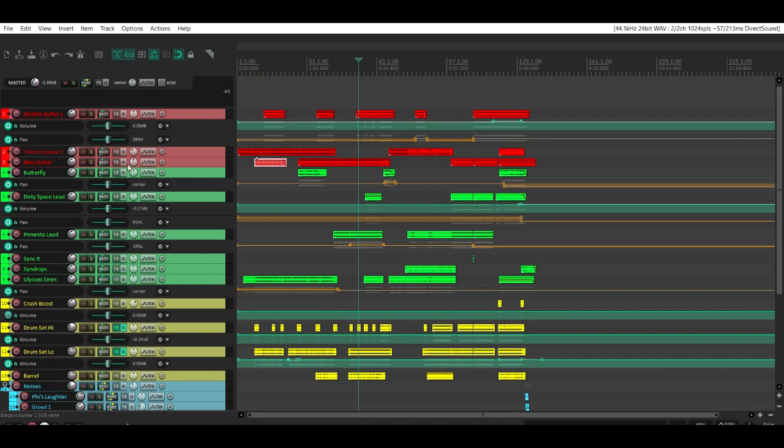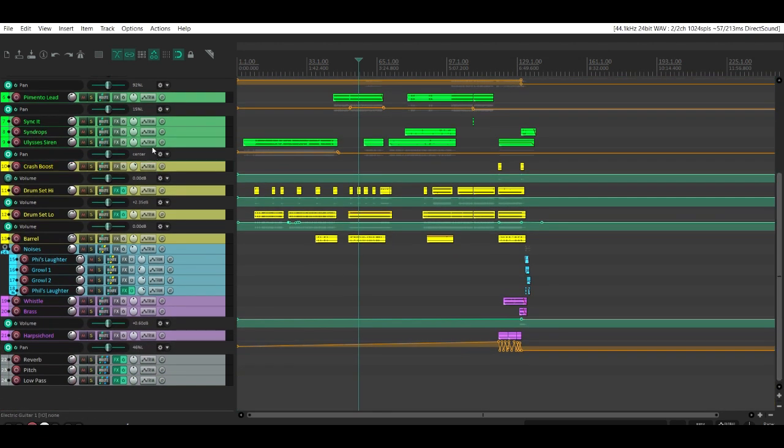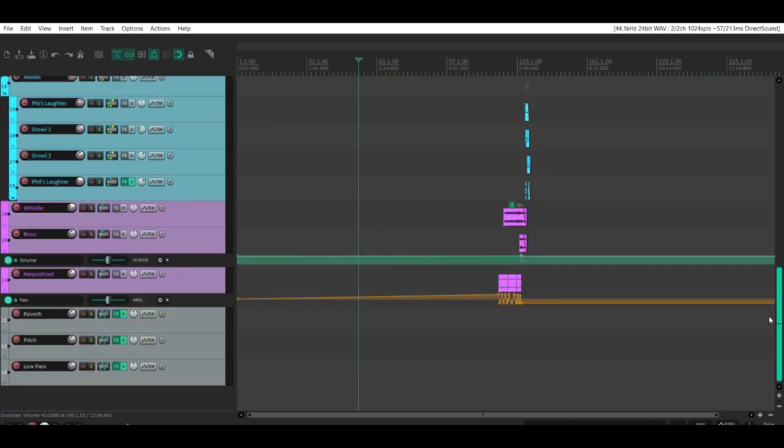As you can see, we have our guitars here in the red tracks, we have our synthesizers in the green tracks, we have our drums and other percussion in the yellow, and we have some noises in blue, more extra synthesizers that I put in purple, and then our effects tracks, which are just things that I basically... Imagine it's like a little system that adds an effect to it, and then you can plug these different tracks